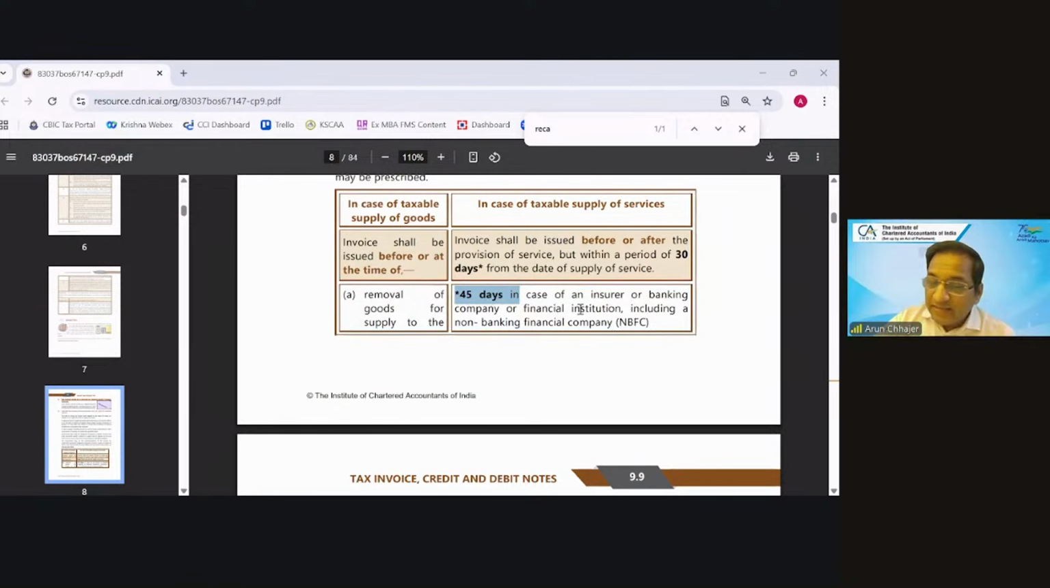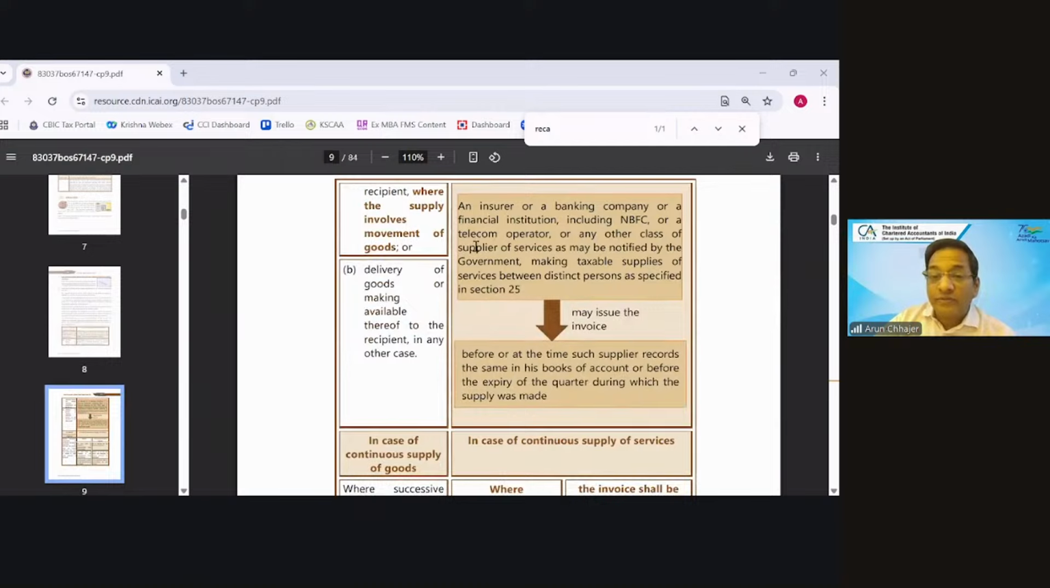It is 30 days because 45 days is limited to banking and insurance. But when you see the third provision, it has added the telecom operator also. Third provision means, if it is provided by an insurance company, banking company, FI, including NBFC, or telecom operator, or any other class of supplier as may be notified,